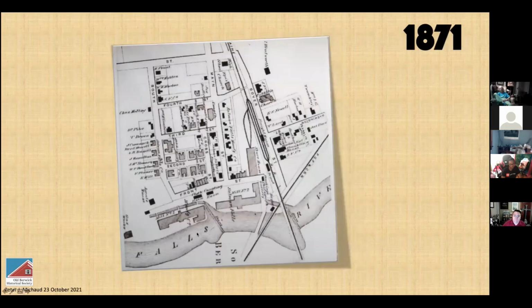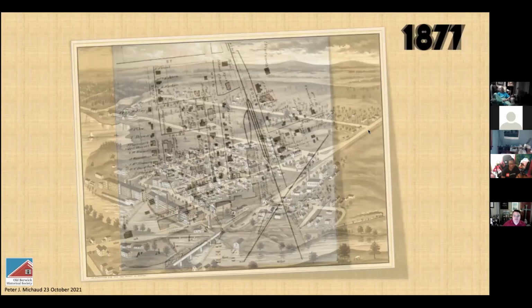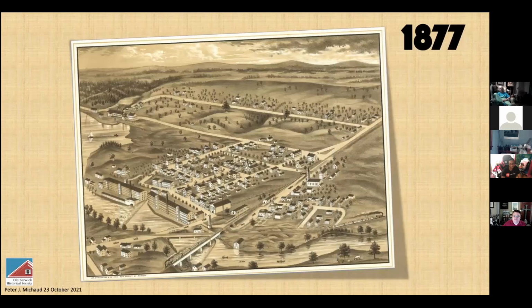And here you can see 1871 with the new mill in place. Down below, once again, some more construction in the village, and even better shown in this bird's eye view of 1877 of the Salmon Falls Manufacturing Company. And what's interesting that we see in these maps too is by the 1870s, we have not just one railroad,